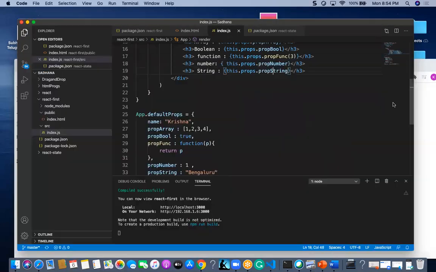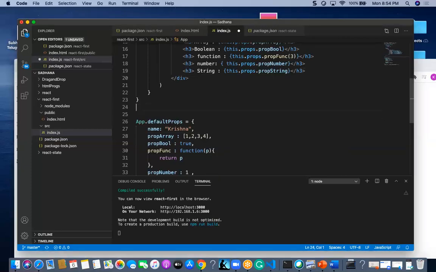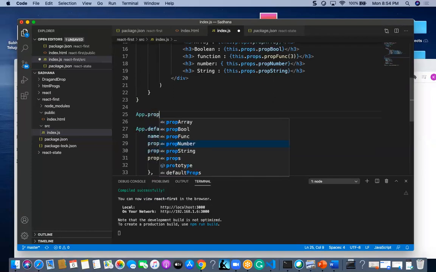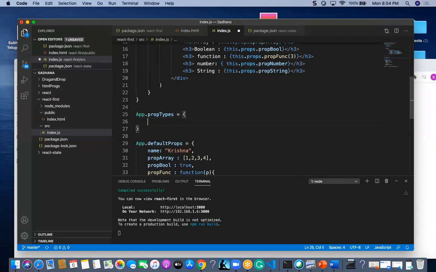Okay. So now if I want to validate these strings, I can validate with App.propTypes actually, like this App.propTypes, and here I am going to give the name.